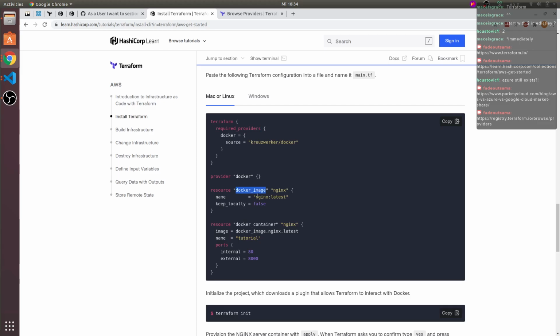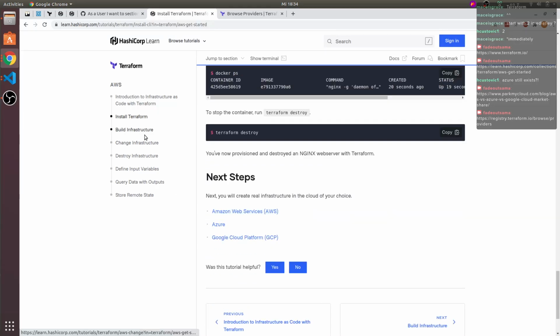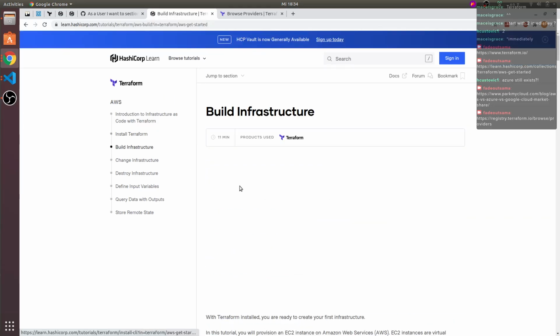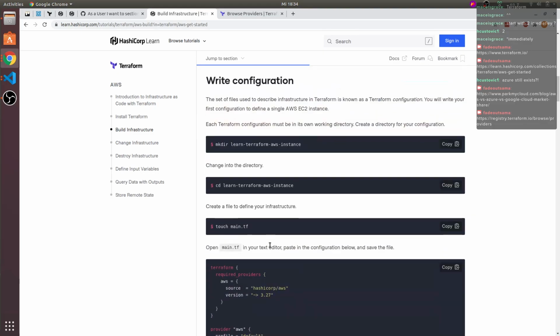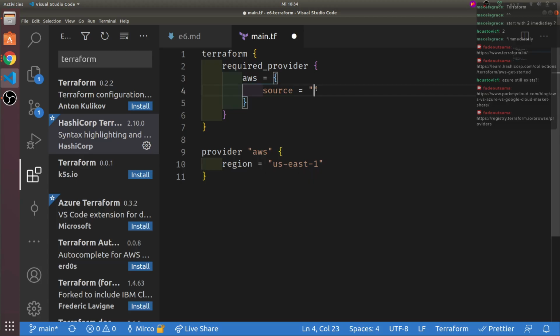So in this case, we define the required providers, which just tells Terraform which plugins to load. Otherwise, of course, it will not download all the plugins if you don't need them, right? As soon as we have the proper AWS configuration, let's see, here, this one, that's the one I want.